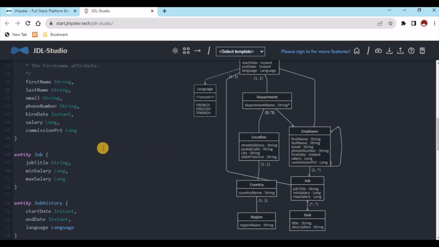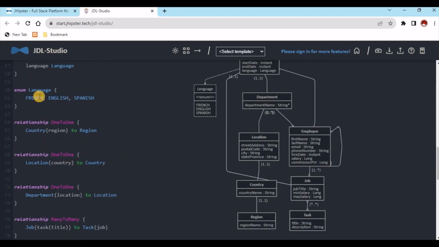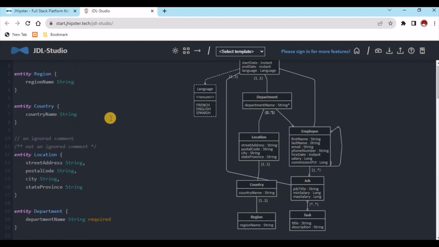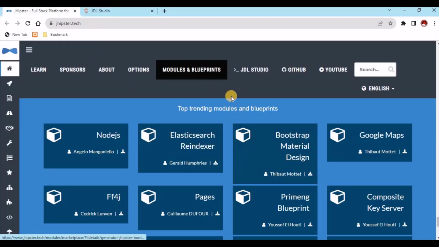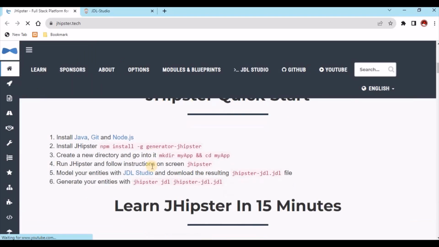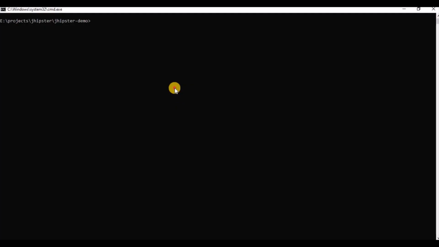What we need to do is define the JDL over here, and then it will create the entity for us, as well as the CRUD operations from this. So this is a defined kind of thing. We first generate the JDL and then the JDL is read by JHipster. So let's create one project. For that, first we need to install JHipster. So then